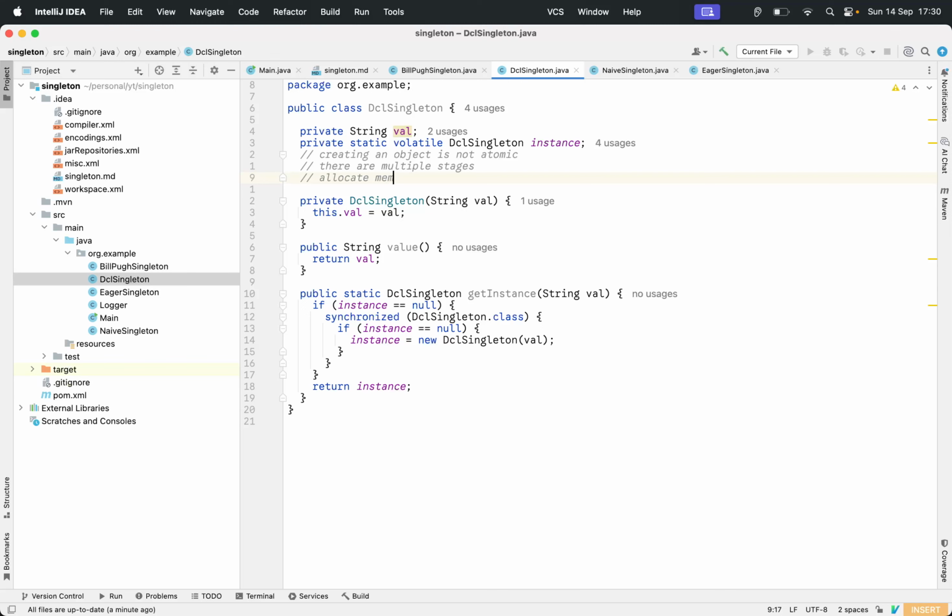Allocate memory, initialize fields, etc. Then assign the memory address to the variable. It's not exactly like this, but along these lines. This is the kind of step that will happen.